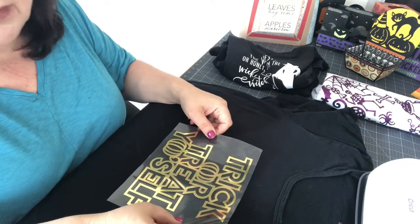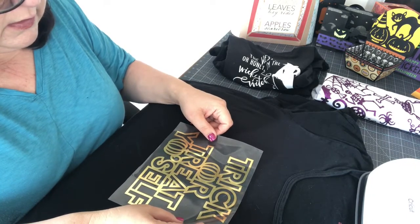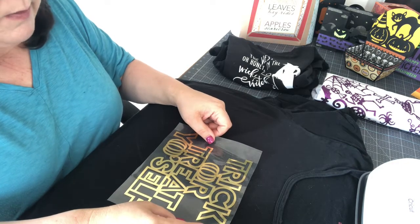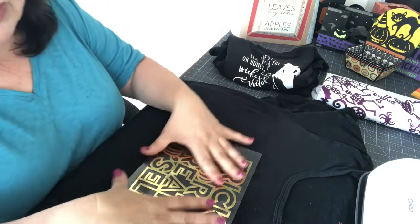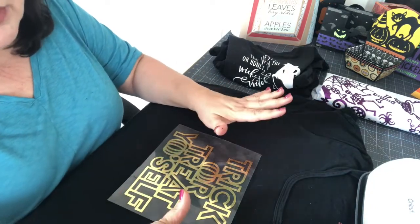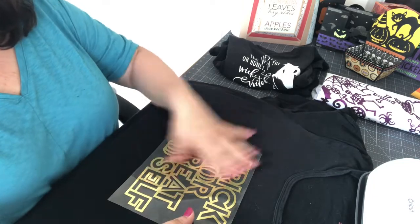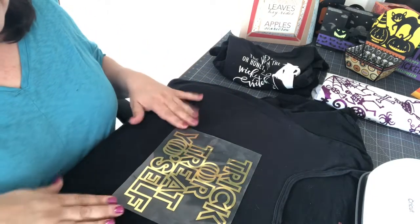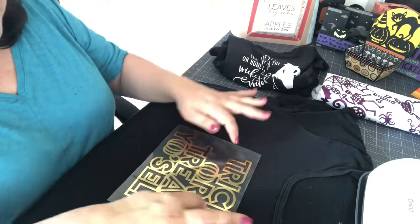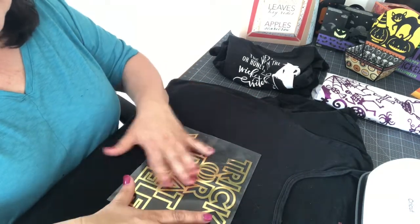You do not need to cover it. I'm just placing this to see if it's exactly the way I want it. You would cover it with a Teflon sheet or even butcher paper, which is what you do with the Infusible Ink. But for this kind of iron-on, you don't need that because it has this plastic